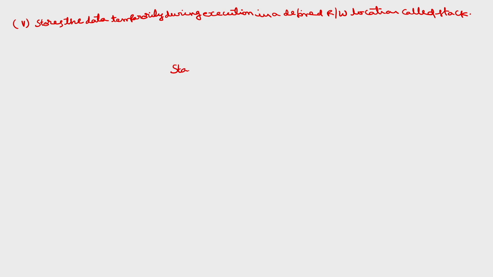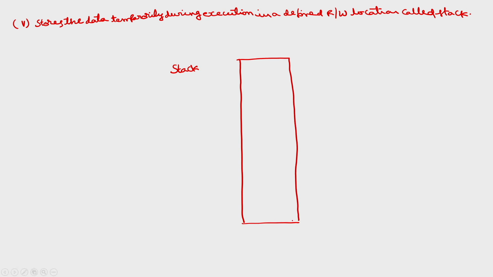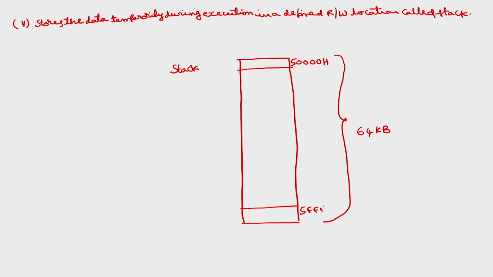We know that in 8086 there is a stack segment. If I assume that this is the stack segment, this is the starting of the stack segment, this is the ending. Let us assume that a 64 kilobyte stack segment is there. So, if the starting address is 50000H, the ending address will be 5FFFFH,